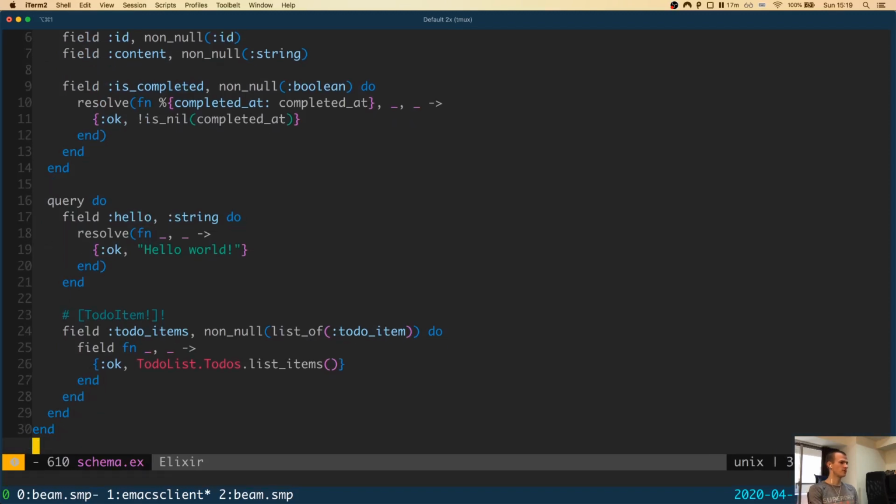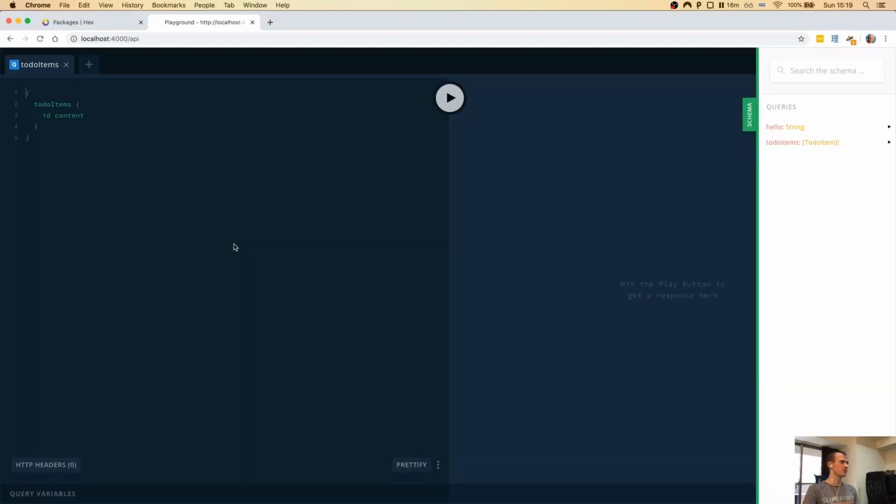This is peculiar. Oh, I see. I think I misspelled this right now. It should be resolve. Let's see if it helps. It doesn't. It helps. Now we have this TodoItems